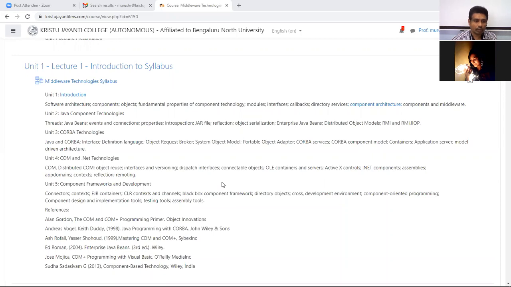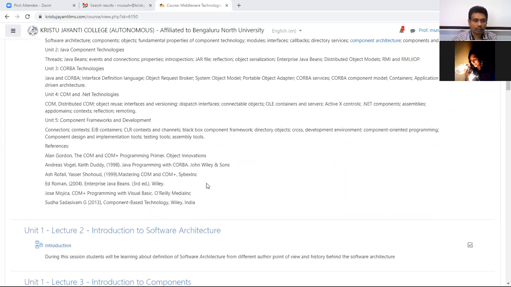Right. So these are the 5 units which we'll discuss in detail in the coming days. I've given a brief glimpse of this syllabus, what you're going to study. For this, a set of reference books have been given. Starting from Alan Gordon, COM and COM plus programming, which focuses only on COM technologies. The second is Andreas Vogel, Java programming with Corba.